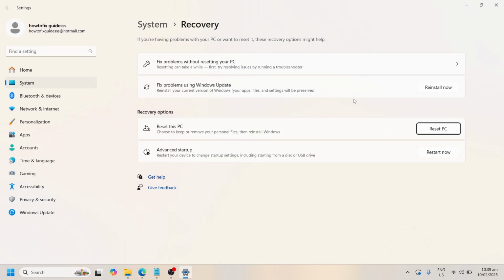So actually, there are some instances that we need to reset. I mean, there is a need to reset the PC, especially if some of the programs or applications are not running well. So in order to fix the problem, just reset your PC. Okay? Under the recovery options, it has this Reset this PC, choose to keep or remove your personal files, then reinstall Windows. So basically, once you reset your PC, it might as well reinstall Windows. Okay? In order to proceed, just click this Reset PC